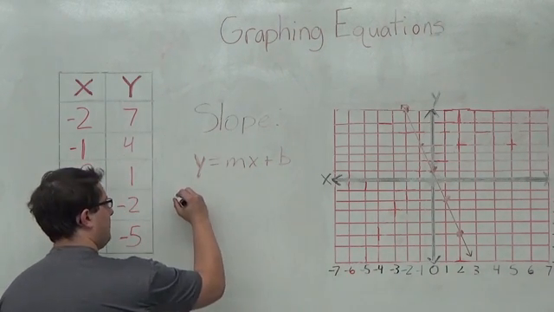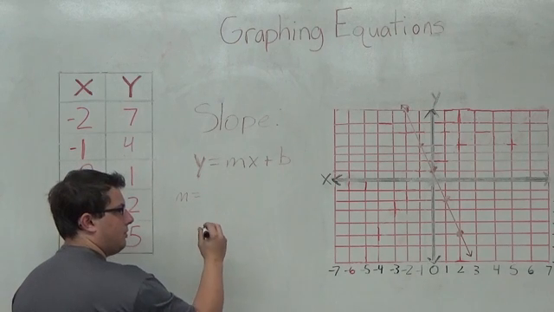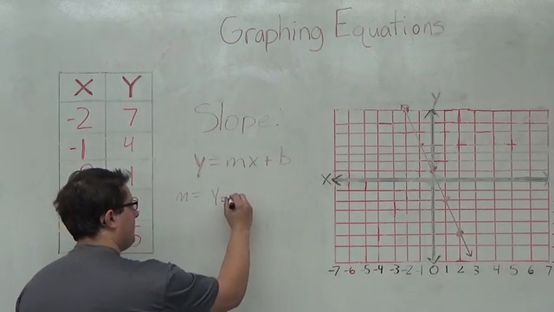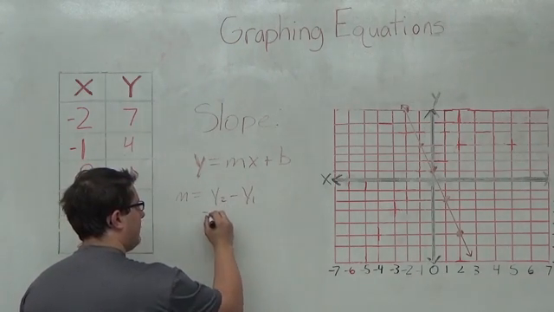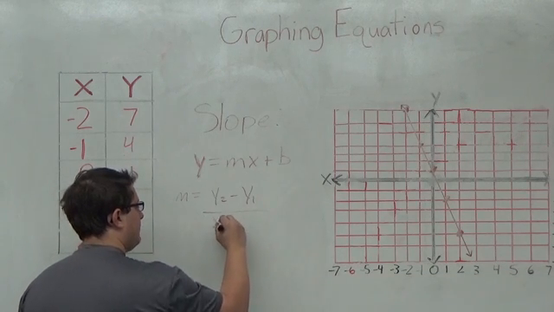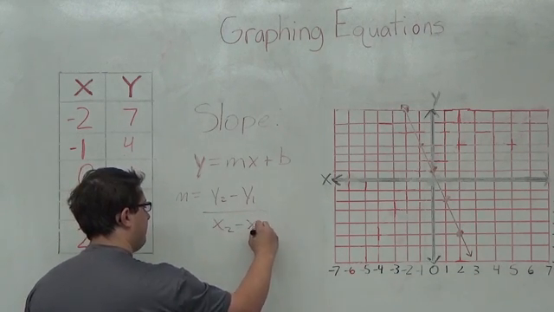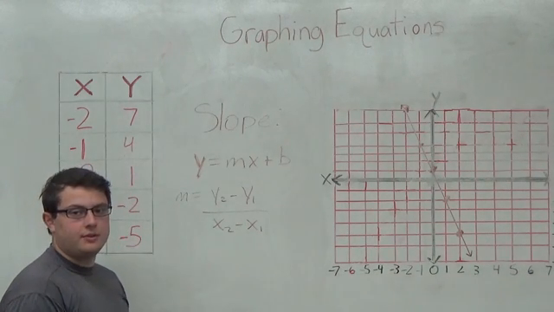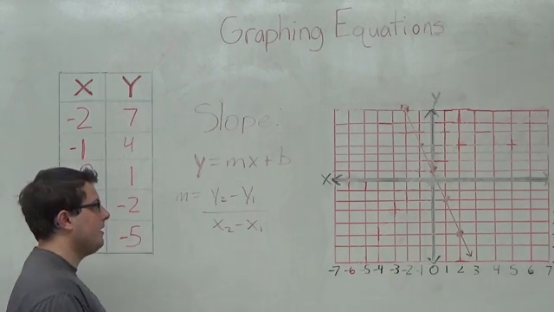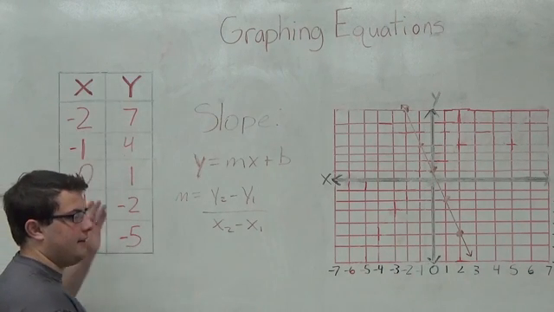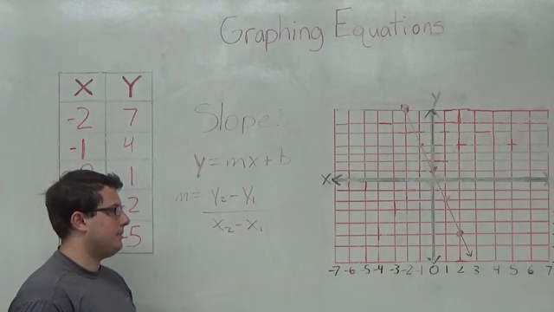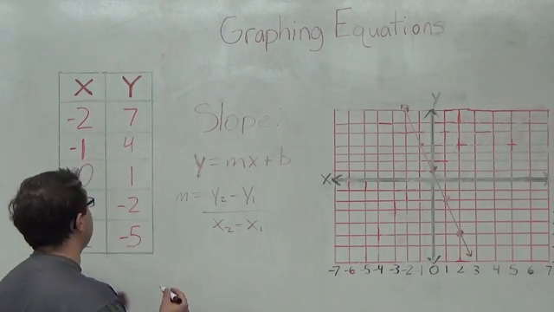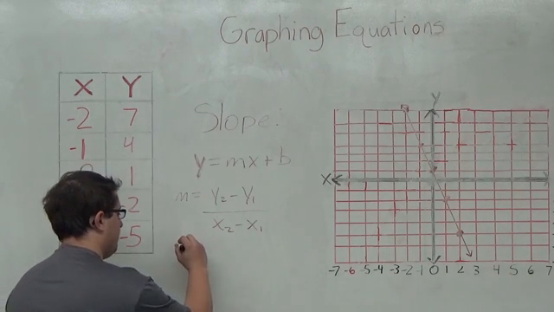So slope, represented by m, equals y2 minus y1 over x2 minus x1. And so what I'm going to do, in order to calculate the slope, I need two different points on the graph. So I'm going to use 2 points from the data table in order to calculate the slope. So the 2 points I'm going to use are the first two I have up here. So I'm going to do m